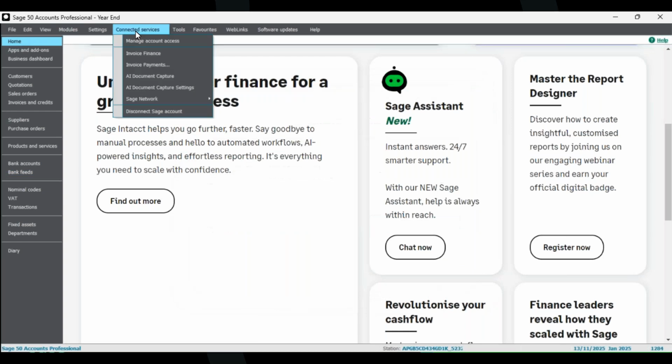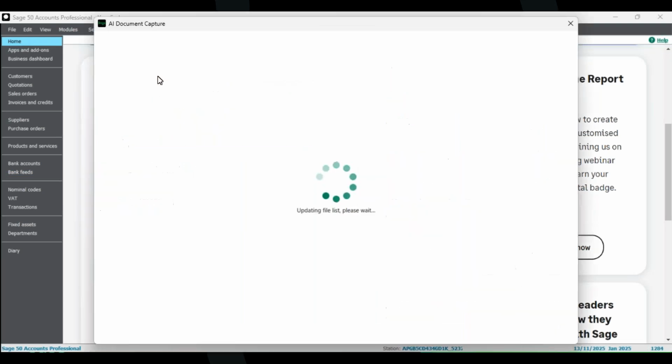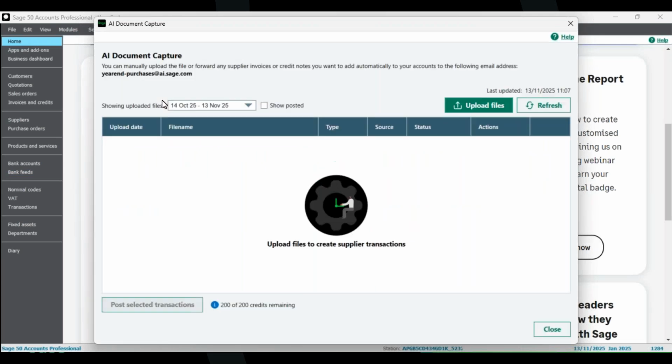But let's head into the main piece here. AI document capture, or purchase automation, depending on your version. Once you've clicked it, obviously your Sage account is connected as it should be. This is the screen that you will view. So what you can do now is, you see this email address here,